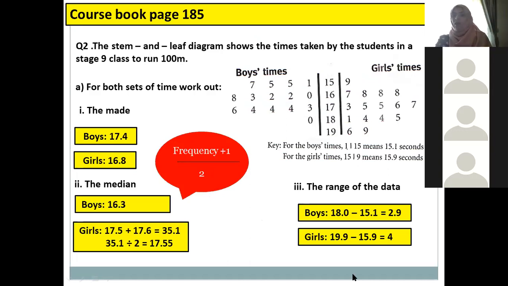Teacher, what about the range? What does it indicate? The range is not an average. Again, the range is not an average. The range shows how varied the sets of data are, how varied the times the girls made and the boys made. Meaning, among the girls, who is the fastest and who is the slowest, and among the boys, who is the fastest and who is the slowest. What is the difference between the fastest and the slowest? It doesn't give you an idea about what is in the middle, what most of the data are going around,